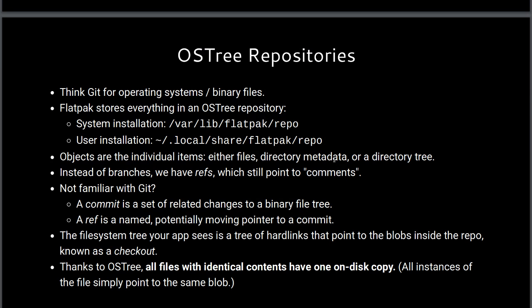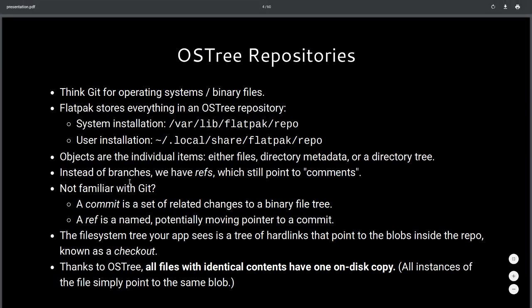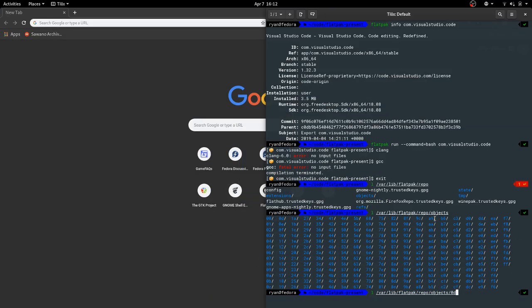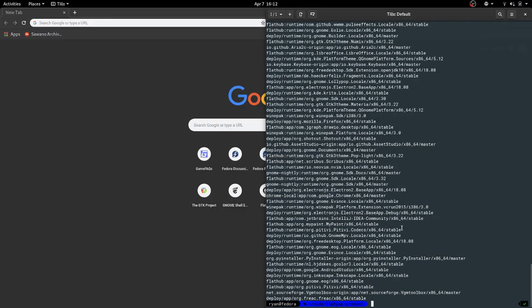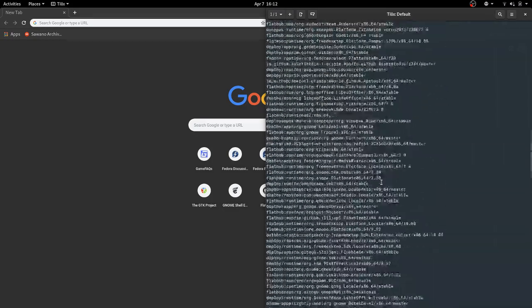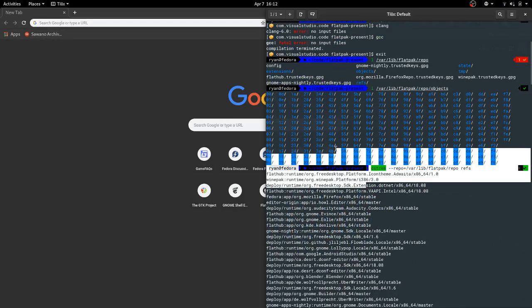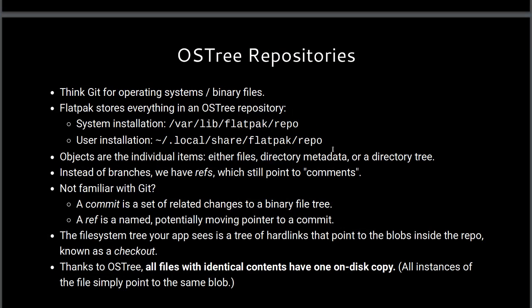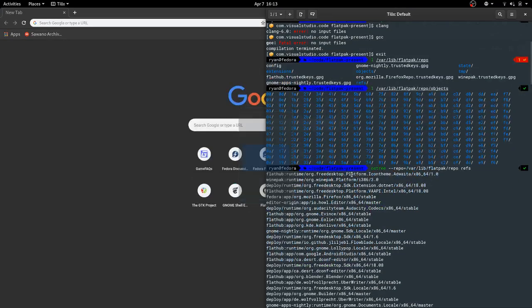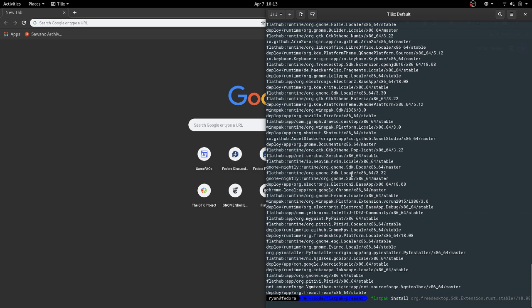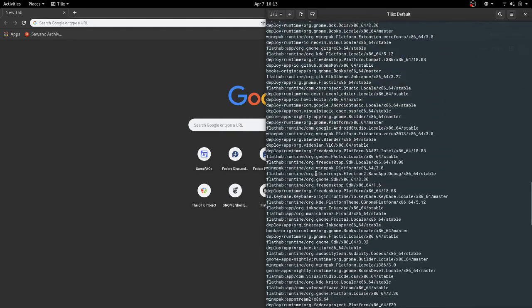And then we have a concept. This should be commits, oh my gosh. But we have a concept of refs. And let me run this sec. A ref is like a branch, basically a name that points to some set of commits. So, refs are used in Flatpak. You may have seen the term ref before when you might be running flatpak install on older versions and it would say, oh, do you want to install this ref? That's actually just referring to these OSTree refs. Each one of these points to a commit,